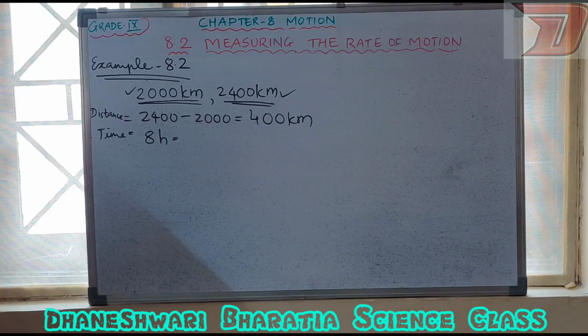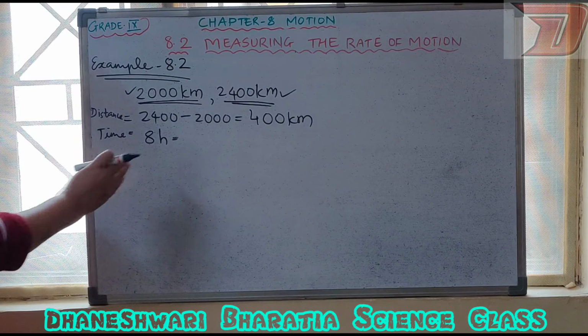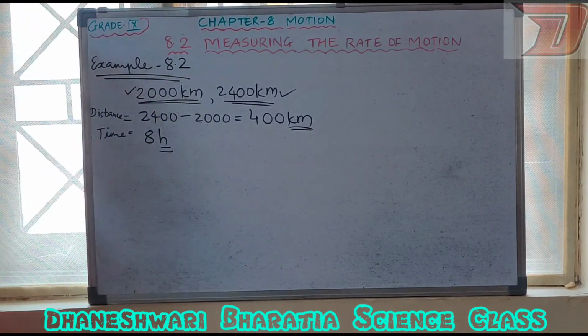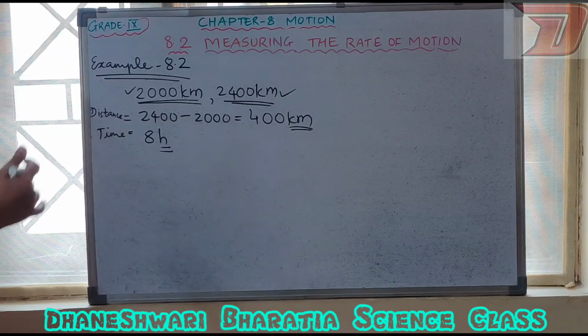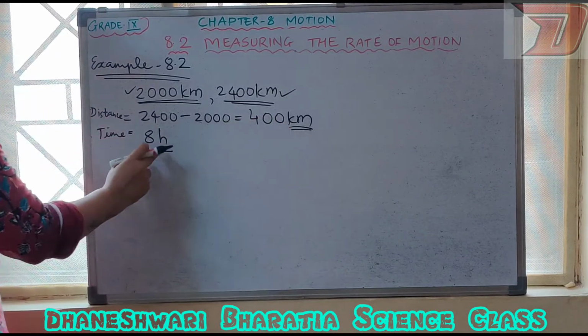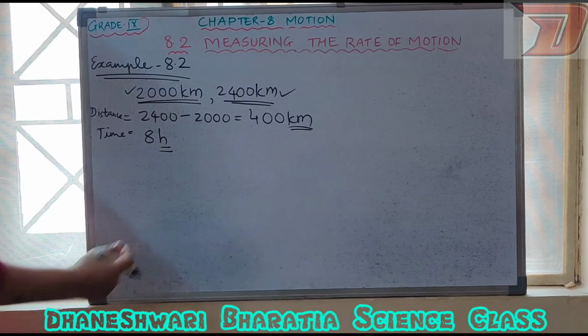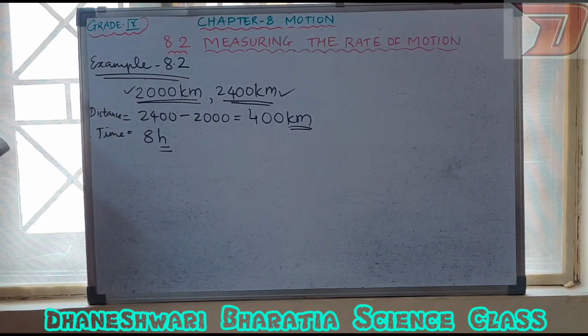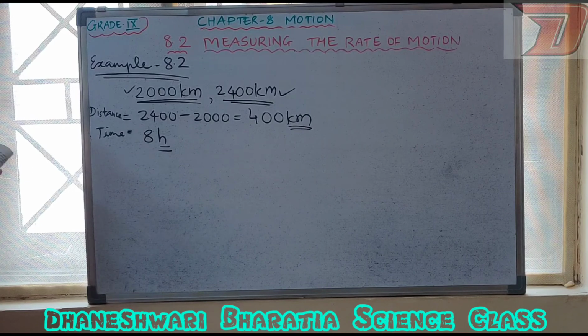So the average speed of the car is what we have to find. Now here kilometer is given, so I am not going to change hour here. If we want to change, we can change it to meter per second. I'll show you how to do that also. But let us first find the average speed, right? Because in the question what is asked? Calculate the average speed of the car in kilometer per hour and then again in meter per second, right?